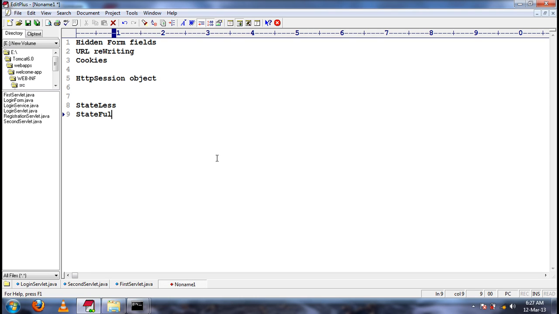What does a stateful protocol mean? It's the opposite. The state of one interaction will be available for other interactions by default. If that is the case, then it is a stateful protocol.